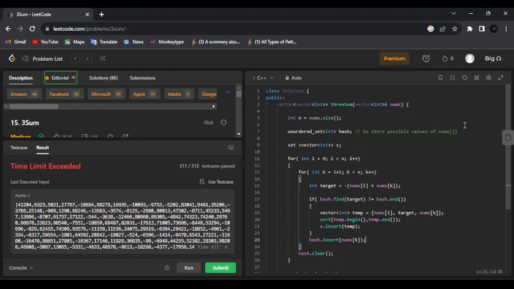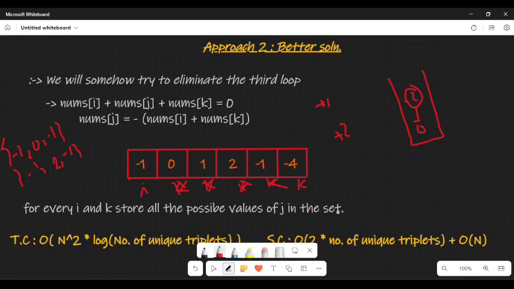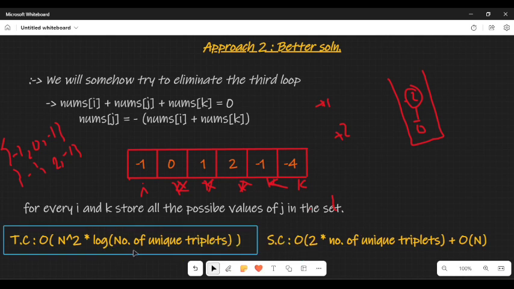The insertion and deletion operations for the unordered set are of constant time. In the worst case, it can go up to big O of n, but in normal scenarios, it will be constant. So we will not consider the time complexity for this particular hash set. We will consider the time complexity for the set that we are using for storing the unique elements. So the time complexity for this approach will be n square into log of number of unique